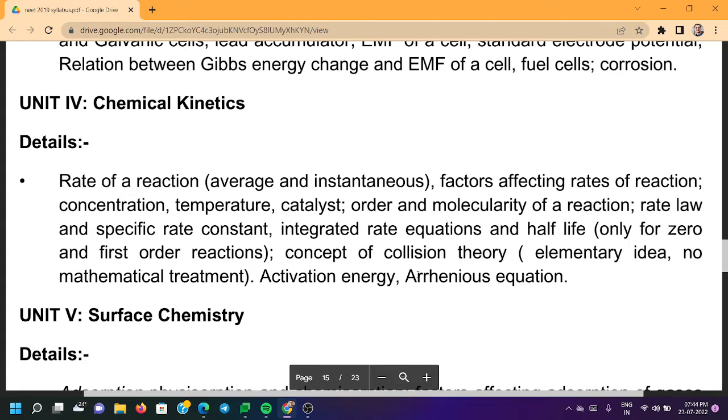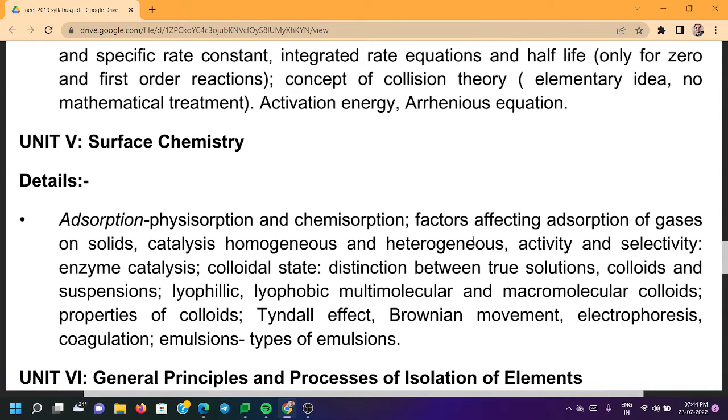Concept of collision theory, elementary idea, no mathematical treatment, activation energy, Arrhenius equation. Class 12th, Unit 5 Chemistry, Surface Chemistry. Adsorption, physisorption and chemisorption. Factors affecting adsorption of gases on solids, catalysis, homogeneous and heterogeneous, activity and selectivity, enzyme catalysis, colloidal state, distinction between